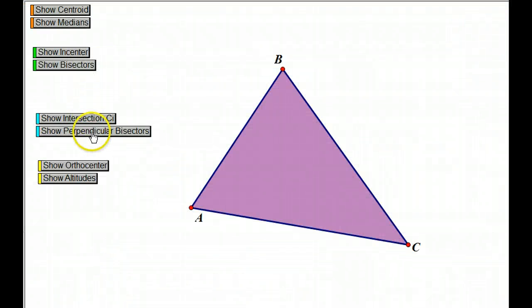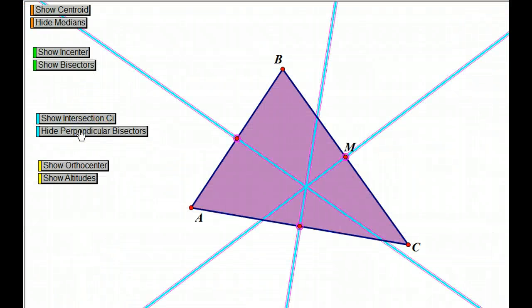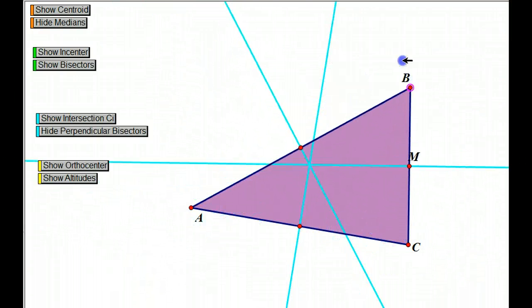And last but not least is the perpendicular bisectors of a triangle. They do not have to start at the vertex of a triangle, but they do have to intersect the midpoint of the opposite side of the triangle. As you can see here, none of these perpendicular bisectors go through a vertex. But if I change the triangle so that it is a